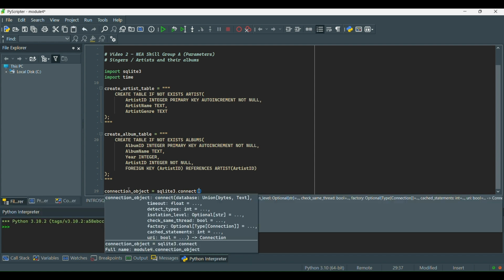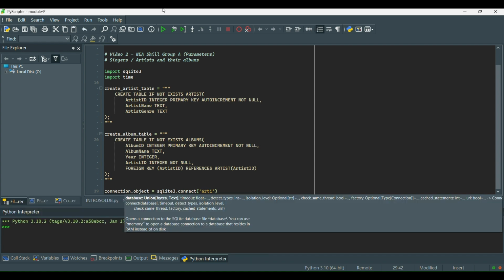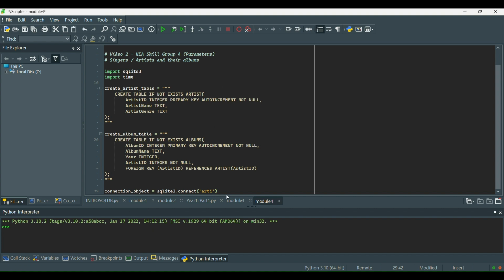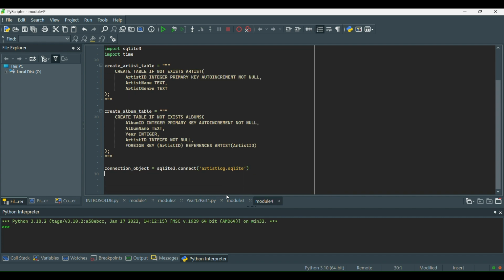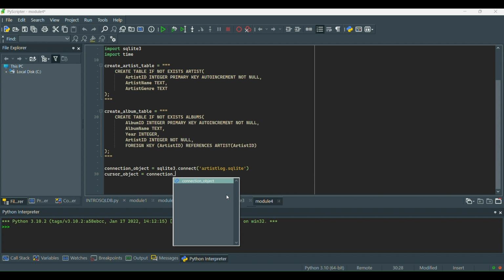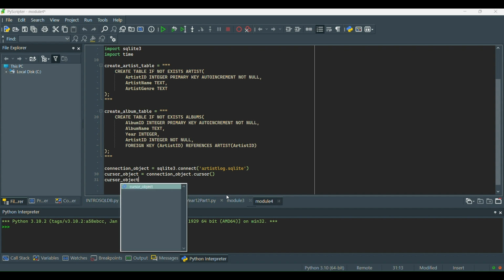SQLITE3.connect. And I'm going to create an artist log. So this is going to be artist log.sqlite. So that creates the connection to our file that we will store our tables in, our database. So we're going to have cursor object equals connection underscore object dot cursor. As we said in the previous video, cursor is to kind of set it up so that we can start